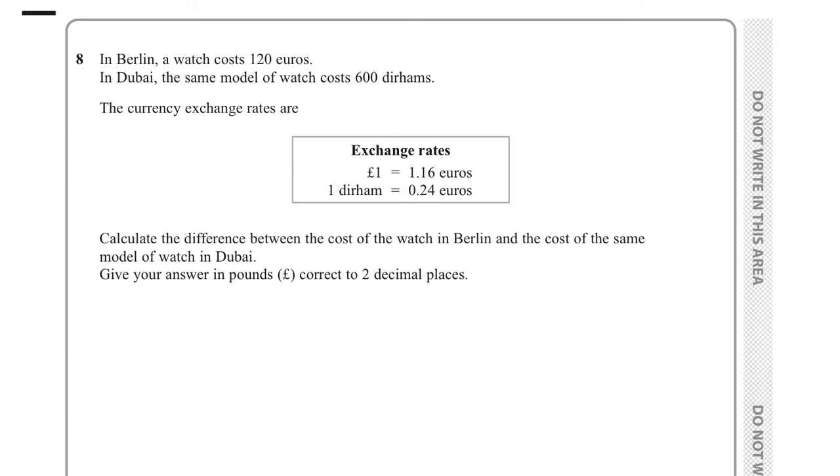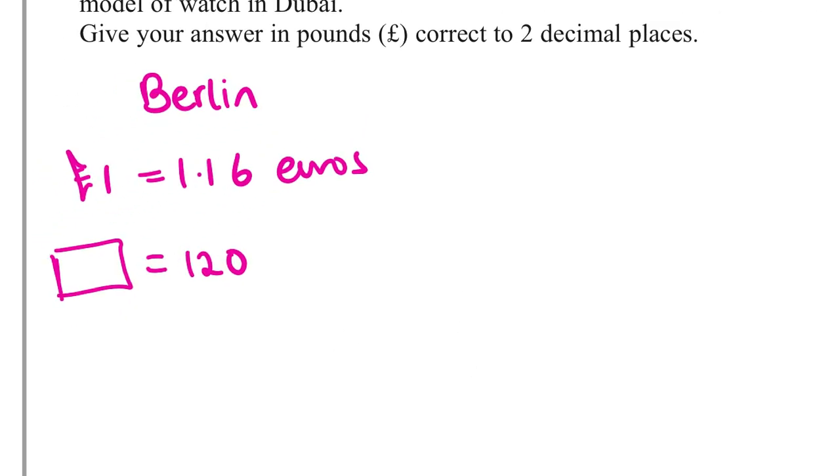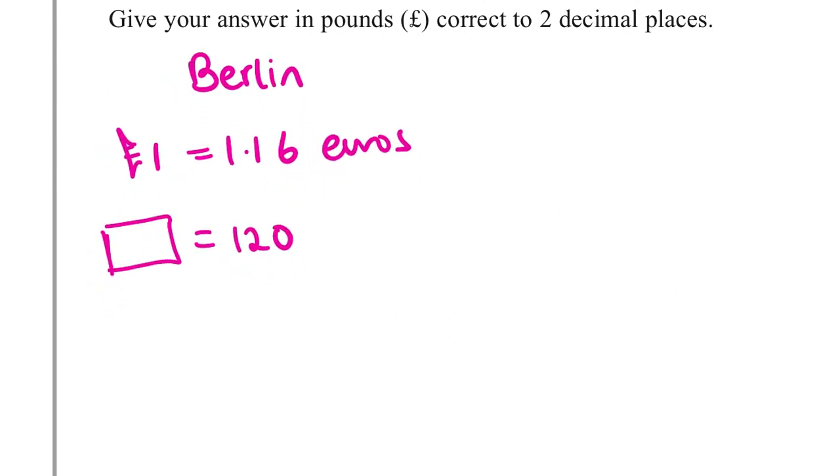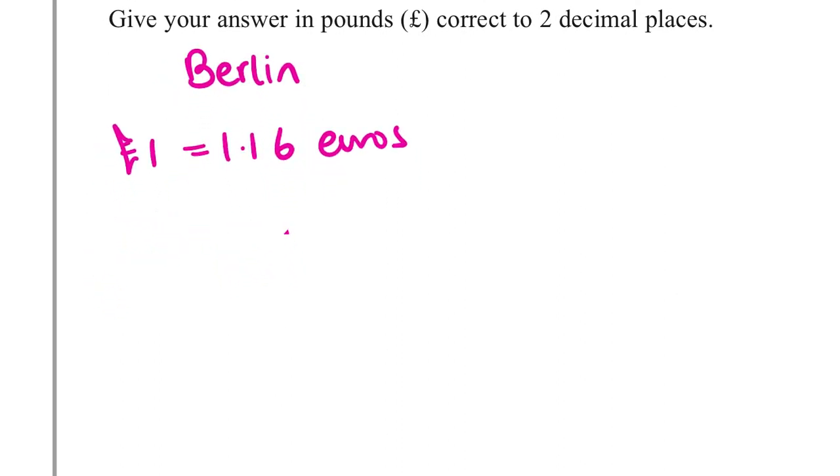So let's have a look. So let's start with Berlin. Right, in Berlin, we have it in euros. We know that £1 equals 1.16 euros. Okay, we have 120 euros, and we need to find it out in pounds. Now, there's lots of different ways to do this. My favourite way is,